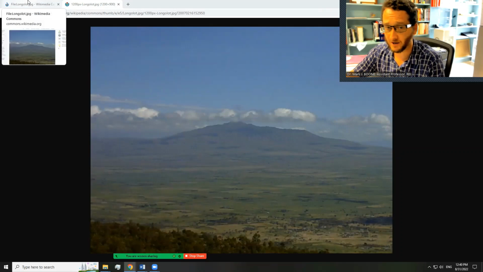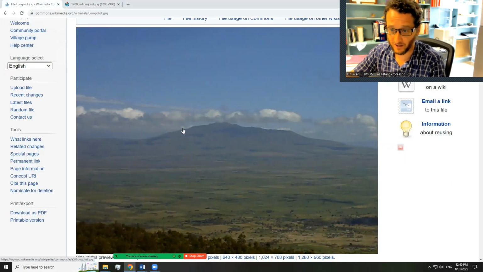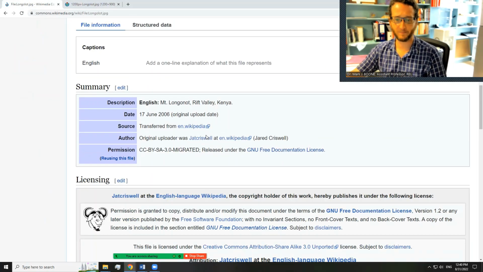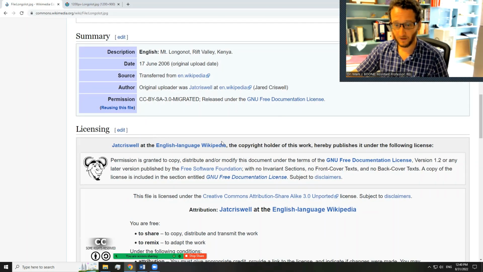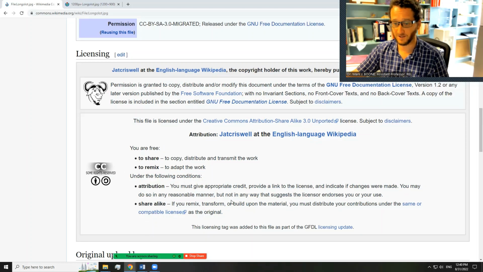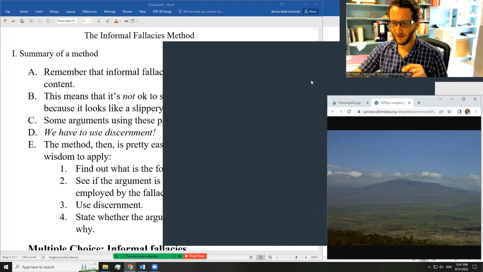For the lower right corner of the screen, we have chosen Mount Longonot in Kenya, which I have climbed, but not for a very long time. This photo, I believe I am free to use here, but I ought to attribute it to its author, or person who took the picture, who is apparently internet user Jat Criswell. Let's relegate that now to the lower right-hand corner